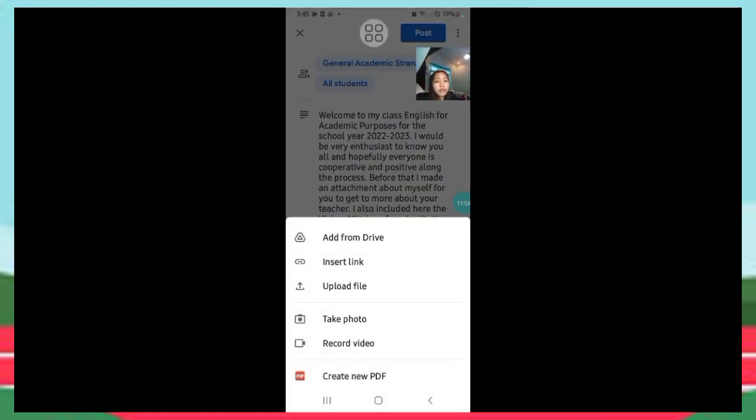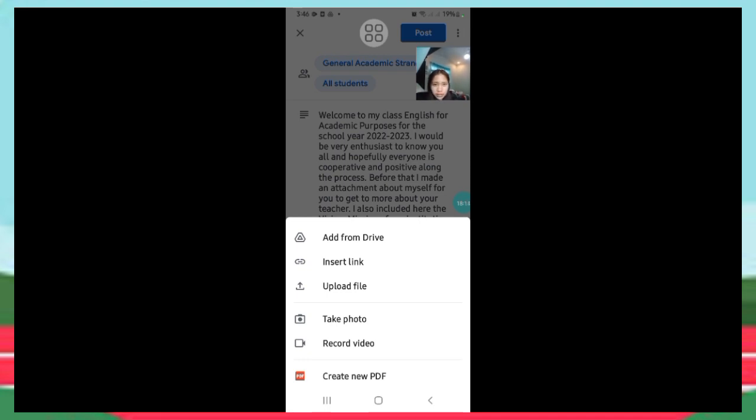It's up to you if you would like to put attachments, or prefer just the announcement itself, just words. So it's up to you as a teacher. In my case, I would prefer attaching here,